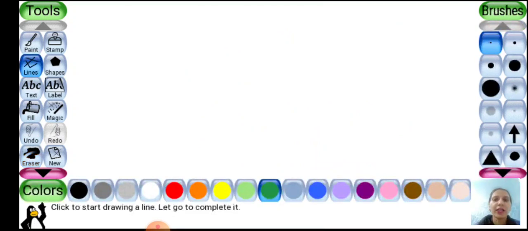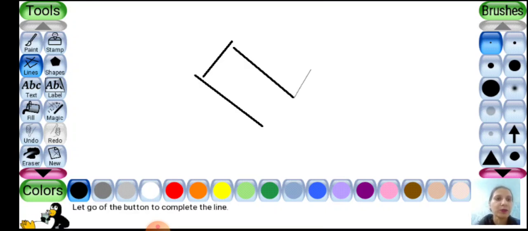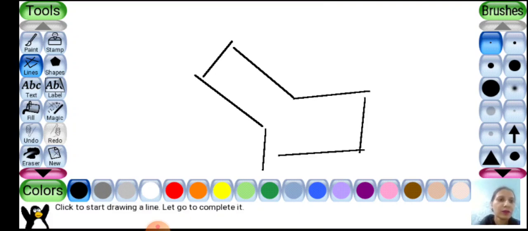I want to draw a line, so I click on lines and take the color. Suppose I have taken a red color and create something. This line can be used for various shapes, whatever you want to draw. I have drawn a line.